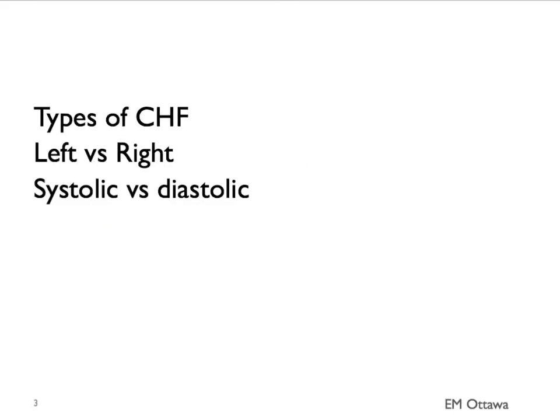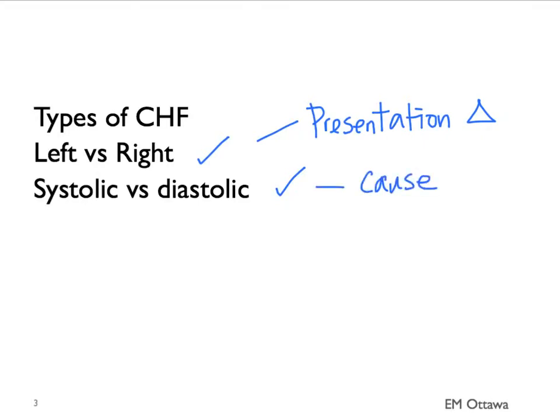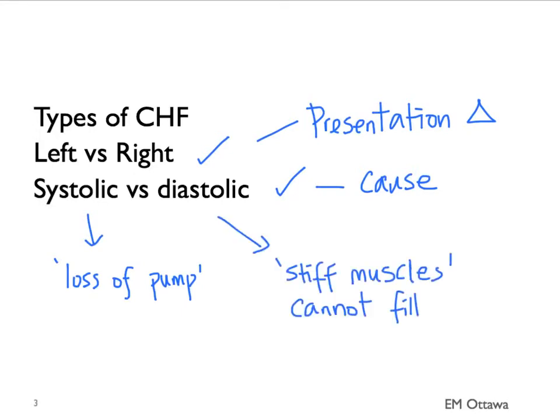There are different types of congestive heart failure. It can be divided into left versus right-sided, or systolic versus diastolic. Left-sided versus right-sided CHF presents differently. Systolic versus diastolic congestive heart failure is pointing to the cause. Systolic heart failure occurs when the pump is unable to pump forward. Diastolic heart failure happens when the myocardium is unable to relax, or the muscles are stiff, and therefore it is